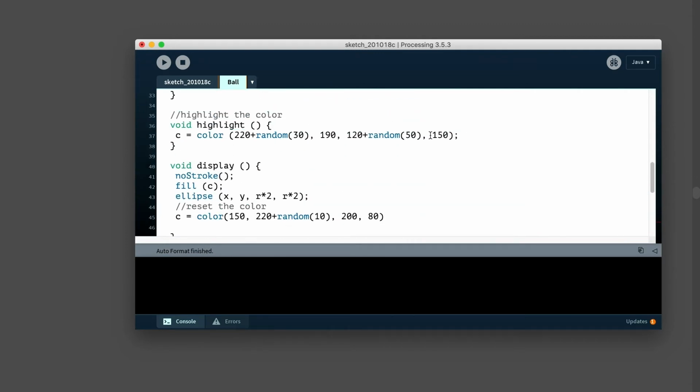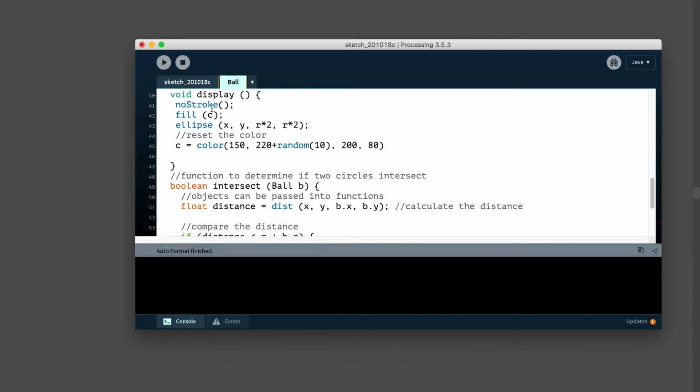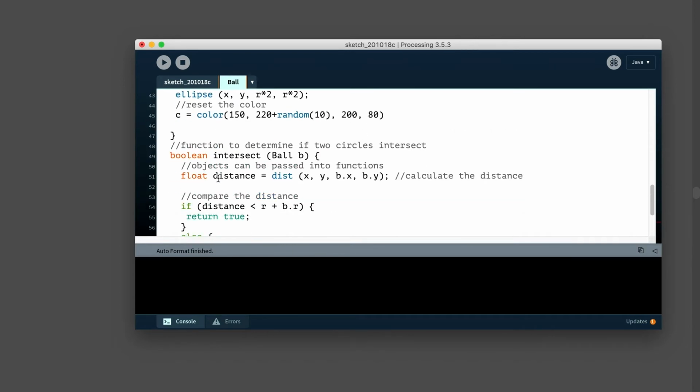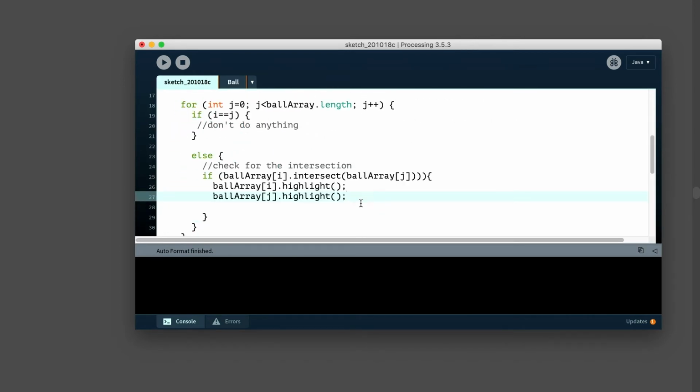That will change the color to the highlight color. We still haven't displayed anything yet. We might also want to, I think we talked about having a stroke in between those circles. So let's see, stroke weight. Make it a 0.5, and we'll just draw a line here.